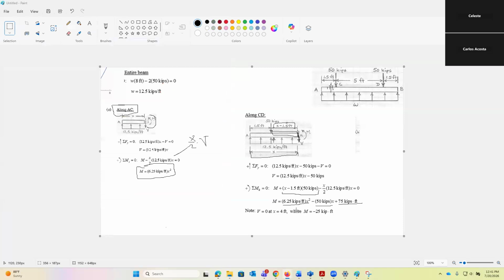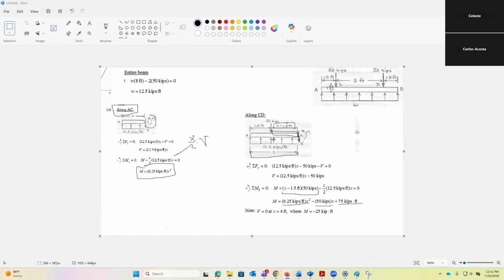So we have that at 4, m is equal to 25 kilo psi per foot, or times foot, because it's a moment, right? Force times distance. Now we have for v. And what is x? We can just multiply: 12.5 times 4